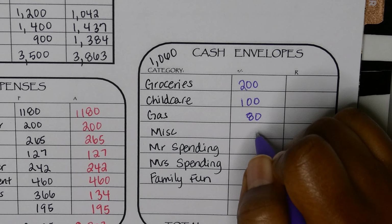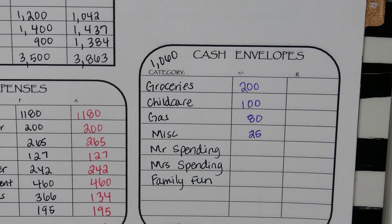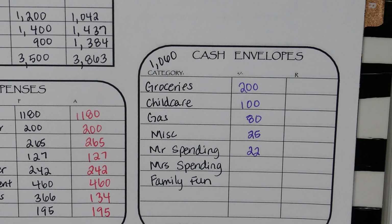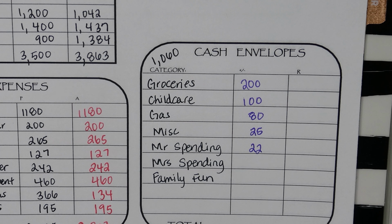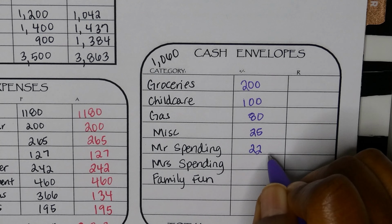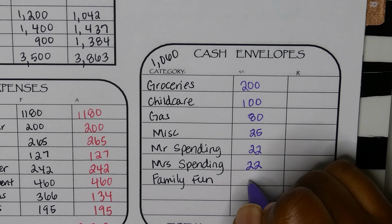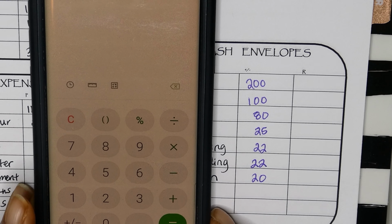And then for our miscellaneous, we're going to do 25. We'll do $22. I know it's odd. I just had to kind of make this stuff even. So this is the first time. Usually I just do like 20, 25, 10, 15. But it was just a little strange. I don't know what happened and why I needed to add dollars on something else. I decided to give us the extra change, if that makes sense. So $22 for him and $22 for me. And then for the family fund envelope, we're going to do 20. And that is a total of